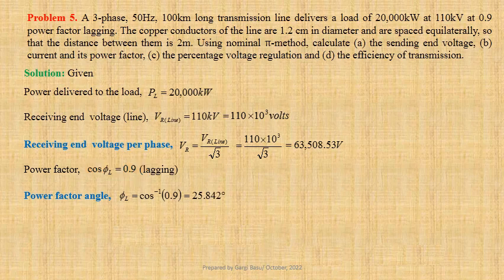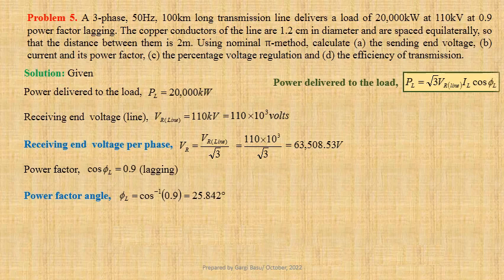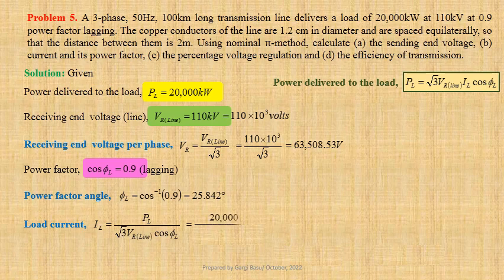We know that power delivered to the load PL equals root 3 times VR line into IL cos phi L. Therefore, load current IL equals PL divided by root 3 times VR line into cos phi L. Using values we get 20,000 divided by root 3 into 110 into 0.9,